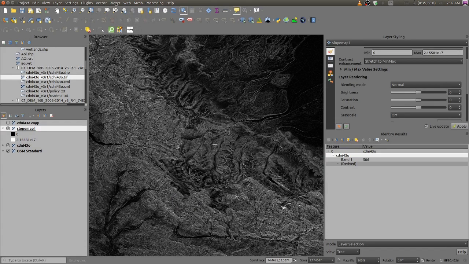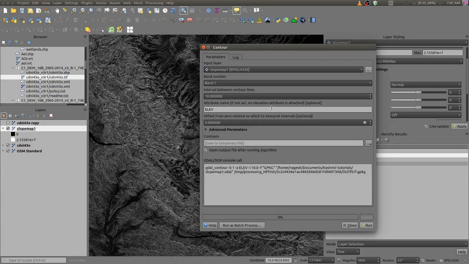Let us go to raster, click on extraction and contour. Here also our input will be the raw DEM, and since it is a very hilly area, let me keep the interval as, say, 500 meters, and this is the field where the elevation data is there.